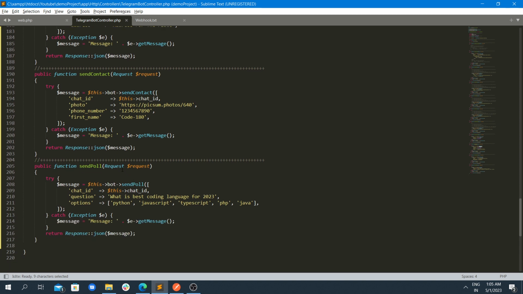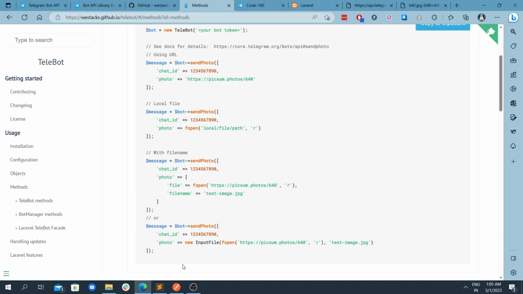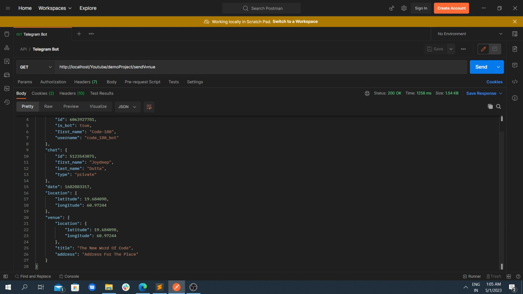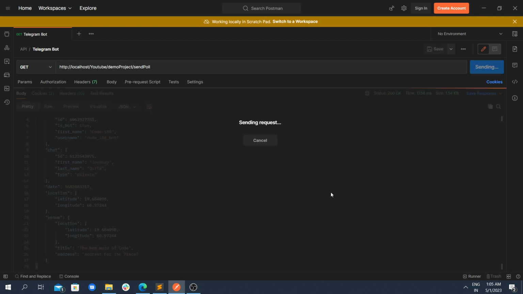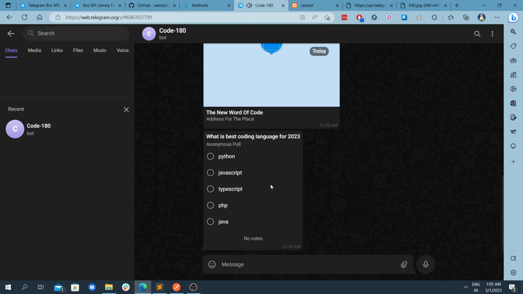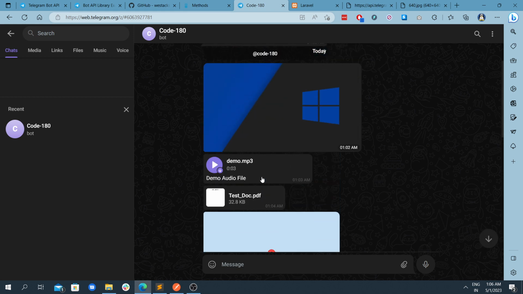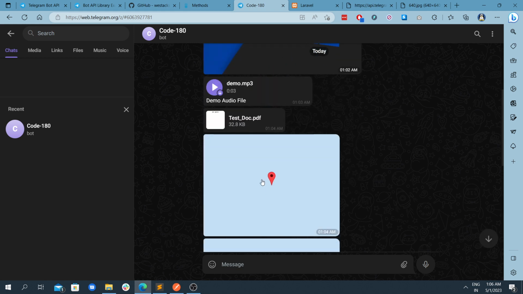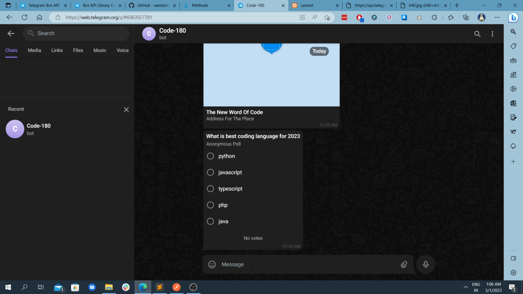Exactly. So you can also send a poll. Now this is very interesting actually. If you send a poll, now you can see there is a poll. Okay, so there are a lot of options going on, but the main thing is